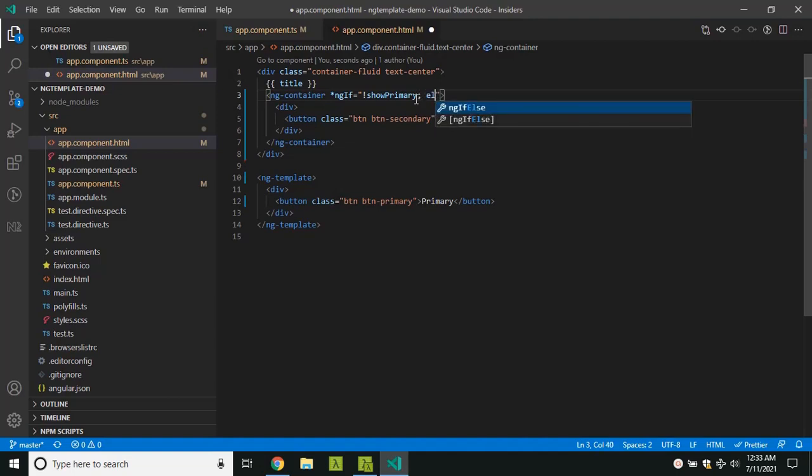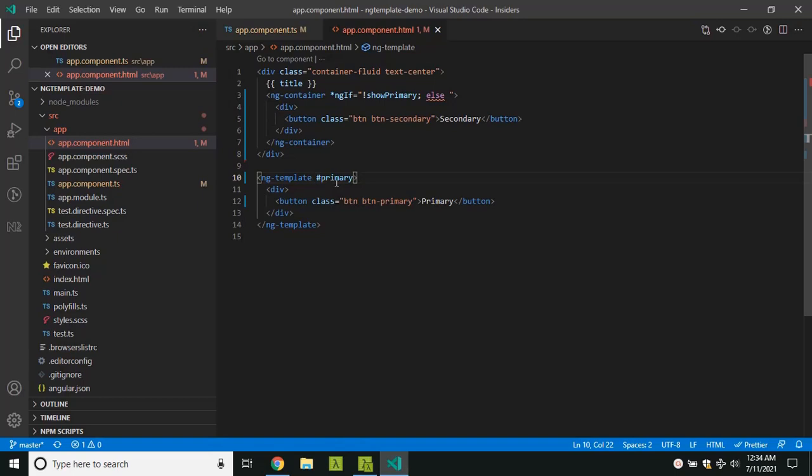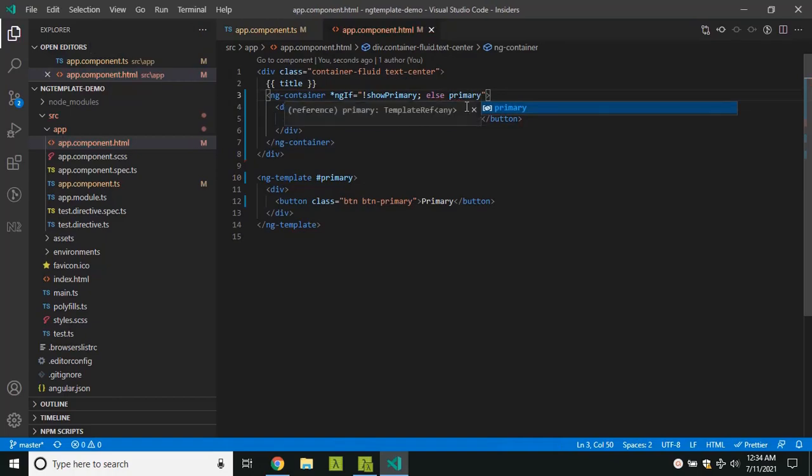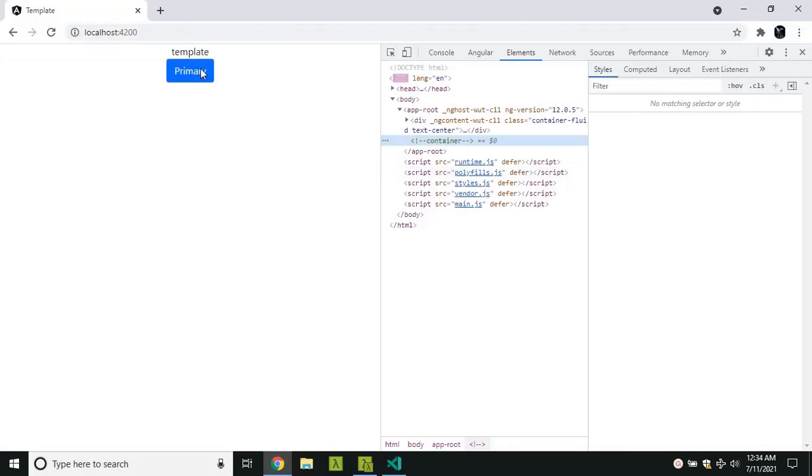So here I can add an else, but I need to add a template reference variable called primary. So I am giving the name primary, and I can access this within the ngIf. In this scenario, when I refresh the application, you can see that the primary button is getting displayed.